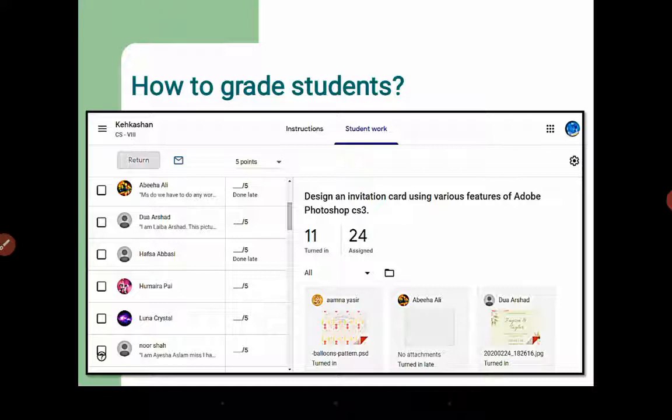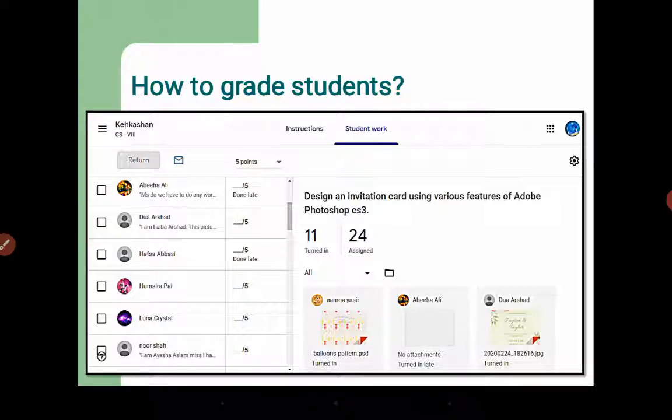That means there are still 13 students who have not done it, and all the students who have done the assignments are appearing over here. Now the teacher can give the marks here.